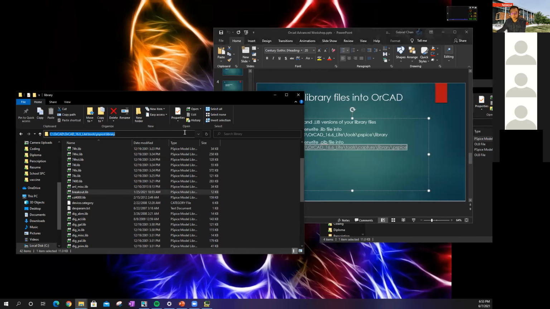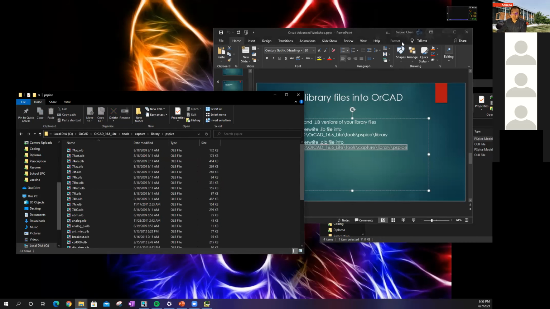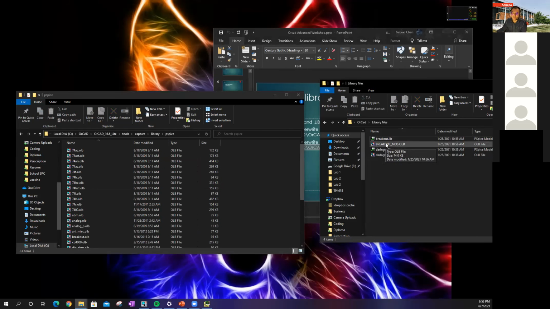Copy it and you put it into here, and then you put your OLB file basically. The OLB file is kind of like the reading file that you have to put in. So,